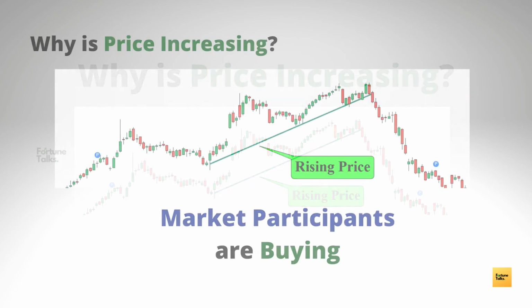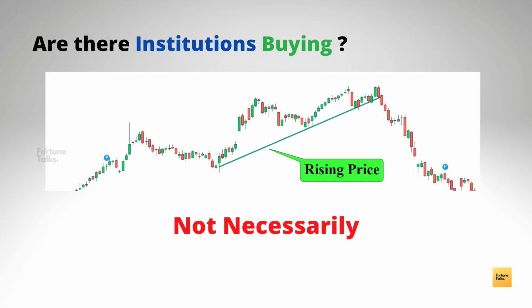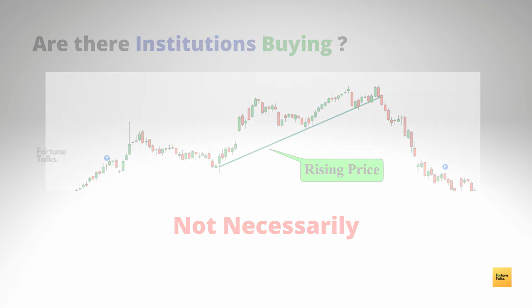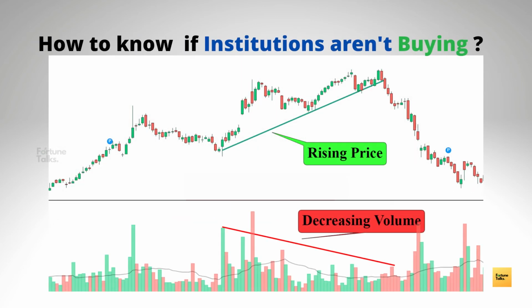Simple answer, because the market participants are buying. Easy, right? Are there any institutional buyers associated with this rise in price? The simple answer is it is not necessary that there should be institutional buyers associated with the price rise. Now the critical question, how would you know that there is no meaningful purchase by the institutional investors or the